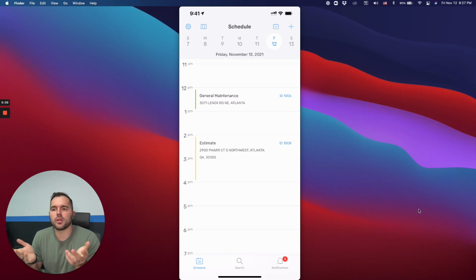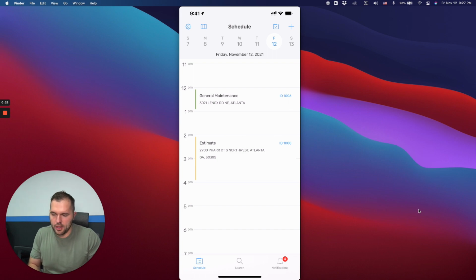In this video, we will cover how to process payments in the field from the mobile app as well as from the desktop. Assuming that you have payment processing already set up and you are boarded as a merchant with Field Complete, you will have those options to bill via a credit card through the app or through the desktop